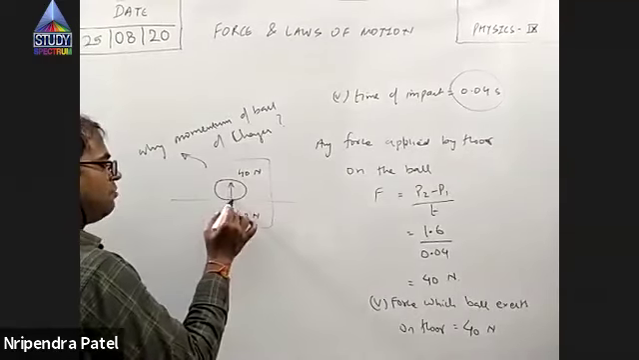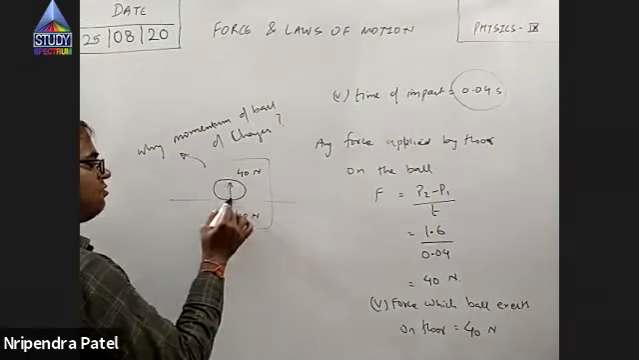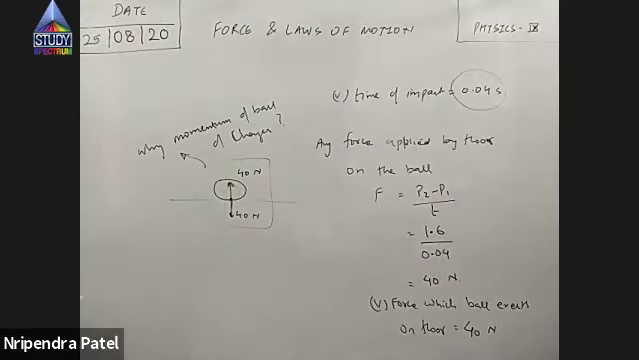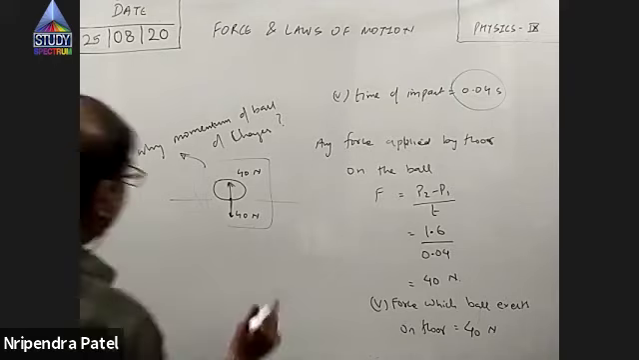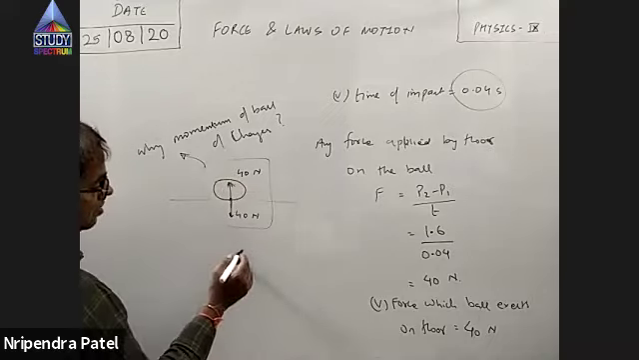So the force on the ball is 40 Newton, and the floor also has 40 Newton acting on it. Right? The question is, what is the net force acting on it? Is it zero? So let me tell you again, the answer is not zero. See, during collision,